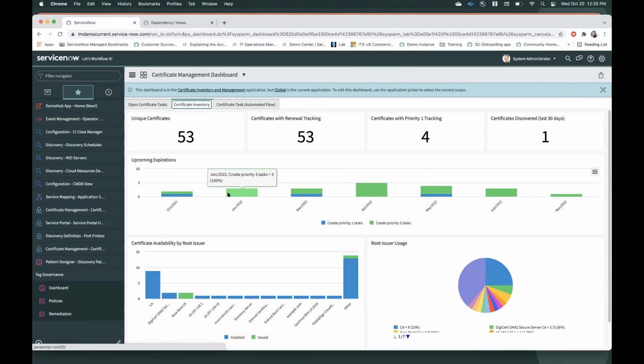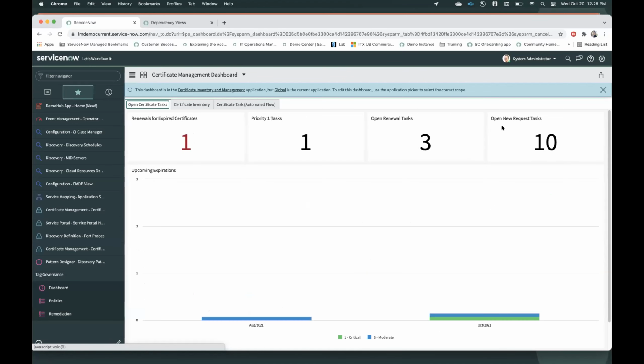This is incredibly useful. But again, all of this data is coming from your CMDB. So again, we're making that CMDB as thorough and complete as we possibly can, even with this detailed level of information at the certificate level. And so the last thing I'm going to show here, we see a couple of other panes here on these different dashboards about